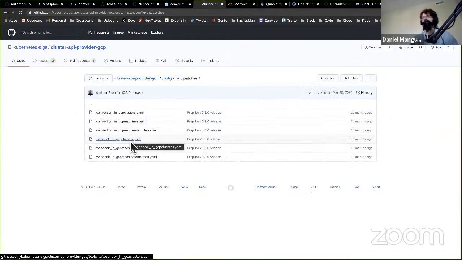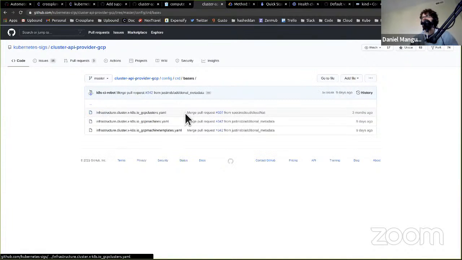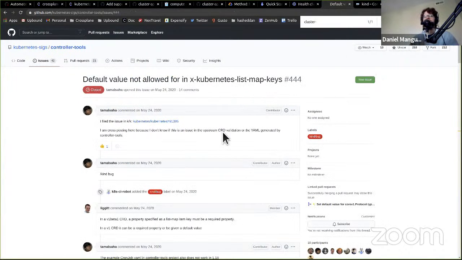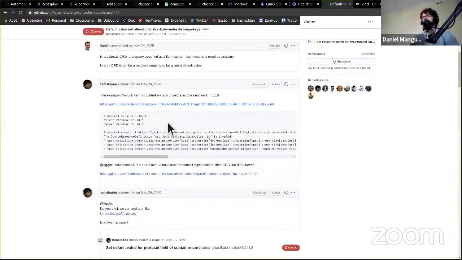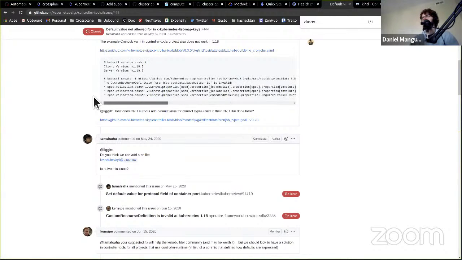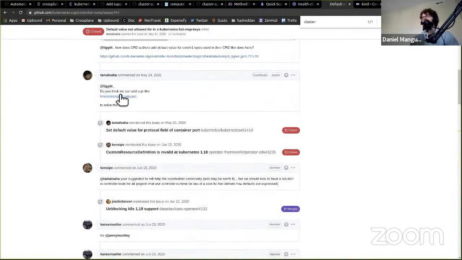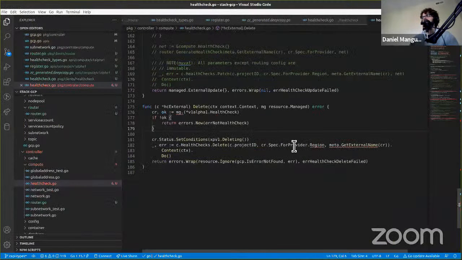patches. I'm going to look back at this one more time as well. Or given a default value. I wonder if it's supposed to have a default. Anyway,